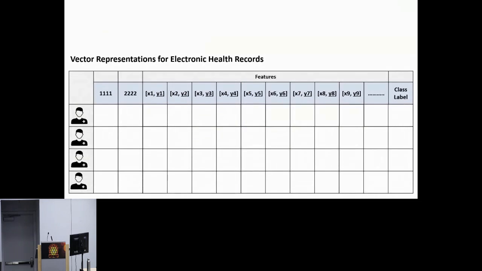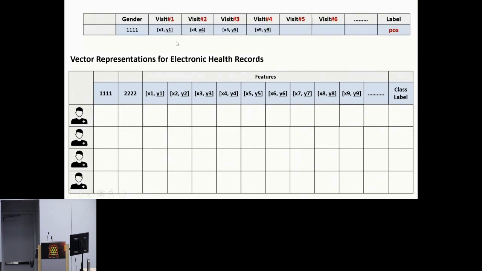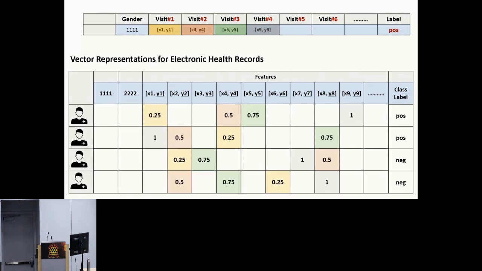In order to preserve the sequential order of visits, we carefully assigned each element in the patient record a value that corresponds to the order of the hospital visits in which they occurred. Finally, we applied normalization to the final features using the min-max formula.